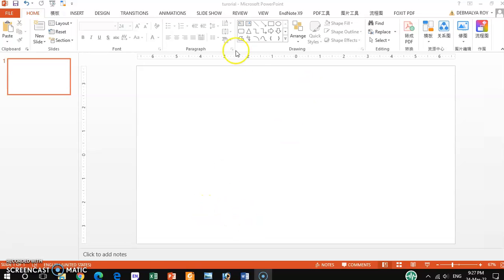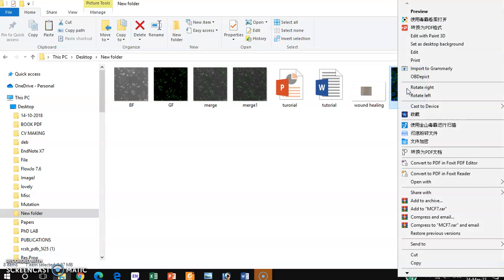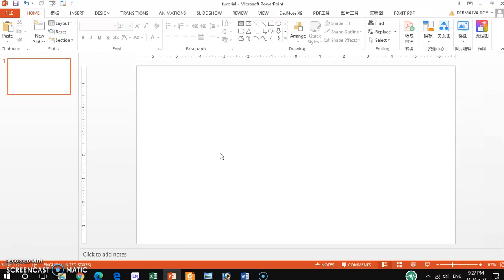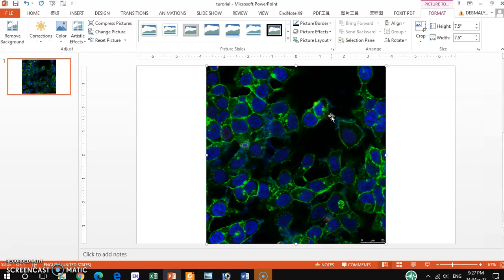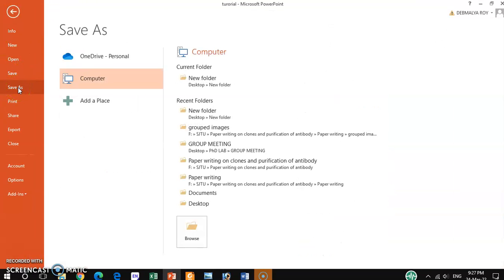So for that I already opened one PowerPoint, so I want to copy one image from here. So this is, I can copy and then I can paste on the PowerPoint page. So this picture I want to save in different file formats. So for that you have to go directly to the file, save as. You have to choose your desired folder,